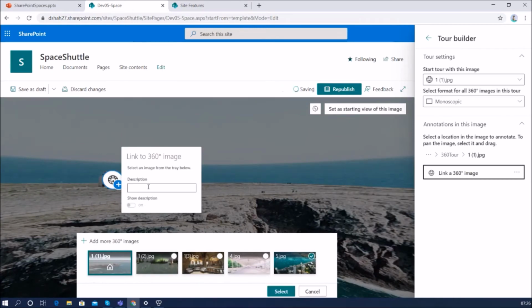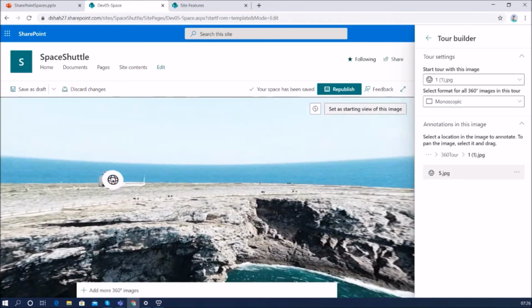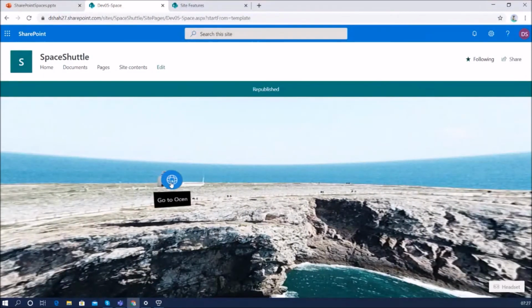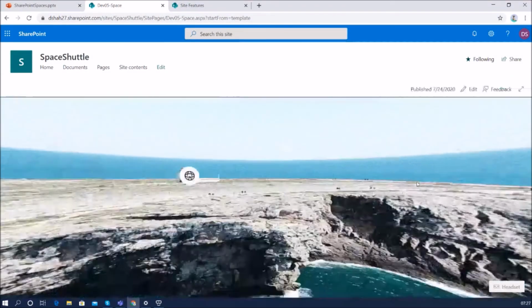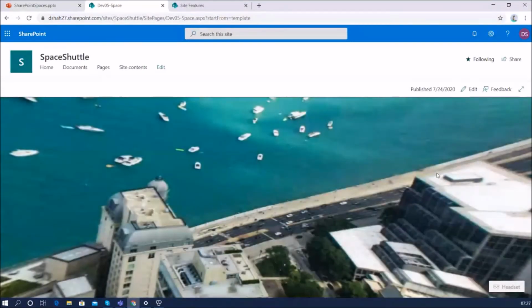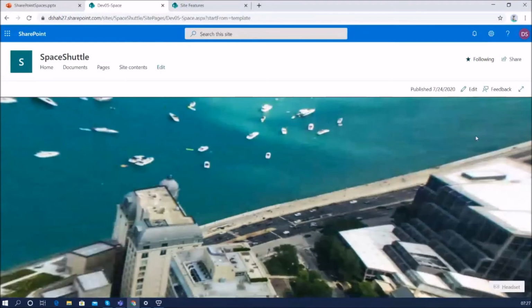Let me add go to ocean. Once we click on go to ocean, it redirects them to the specific 360-degree image. So let's say I publish the page, and when I come for the first time and click here, it redirects me to this other ocean page.